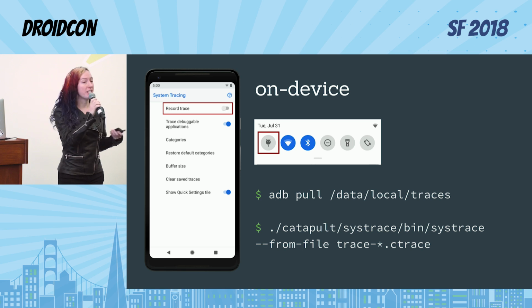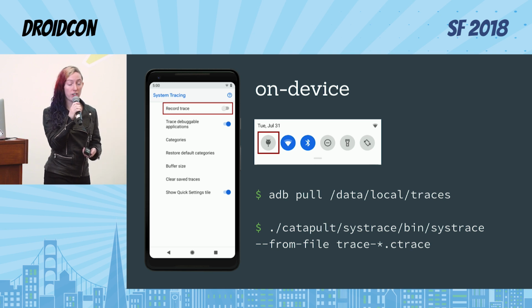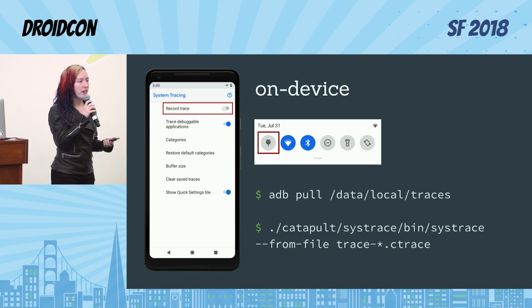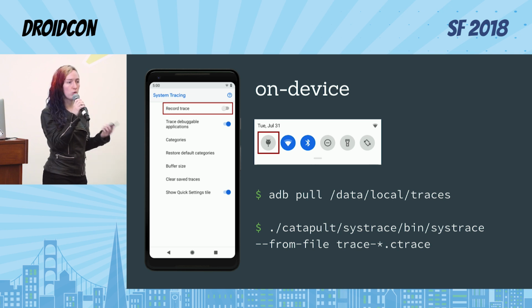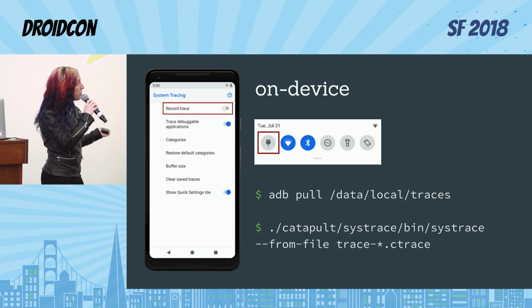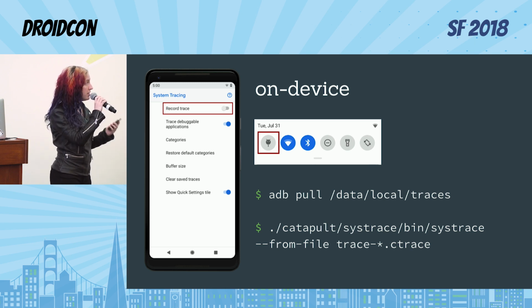Once you have finished taking a trace, it will show you some notifications. I'm taking a trace, I'm saving a trace, and then it will ask you to share it. So you can share it through the normal share sheet via email or Google Drive or whatever. Or you can plug in your phone later and pull all the traces down with ADB pull in data local